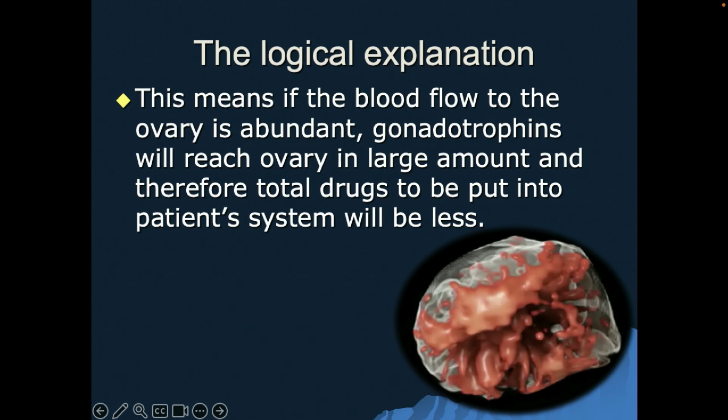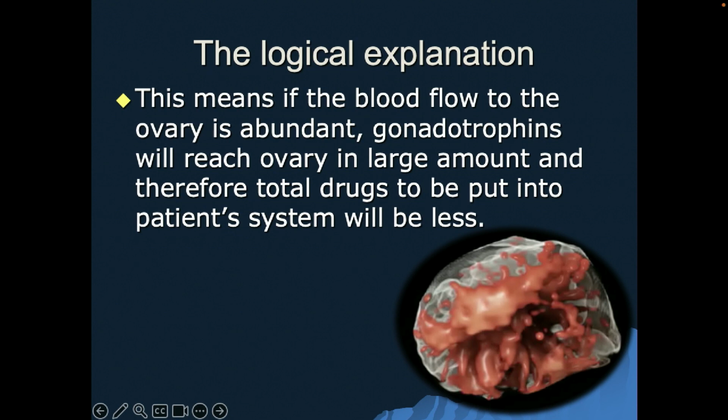You have to give them higher doses. And we have seen patients with low reserve ovaries, 2, 3, 4 follicles, but you give just 2 or 3 shots of gonadotrophins and they produce good follicles. So it is very important to understand both, that whenever you want to calculate the dose of gonadotrophin for a patient's ovulation induction, it is important to look not only at the